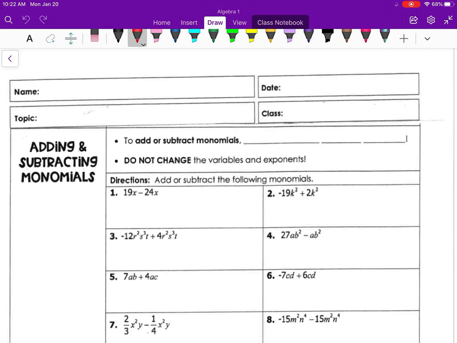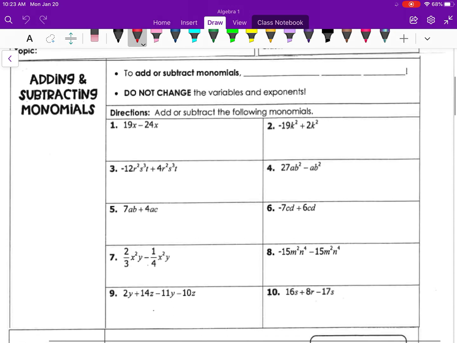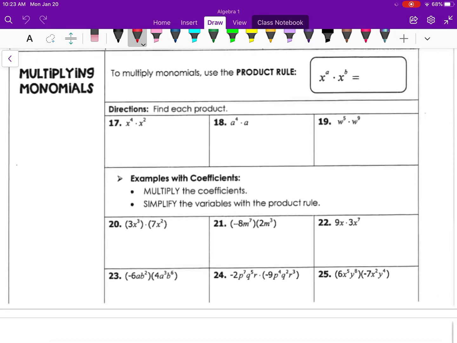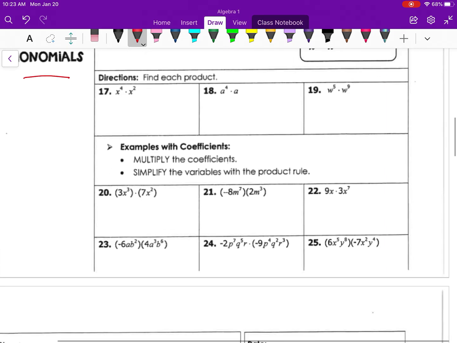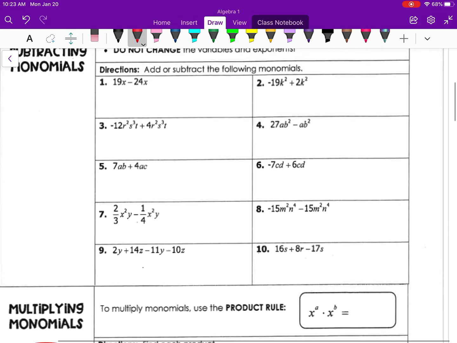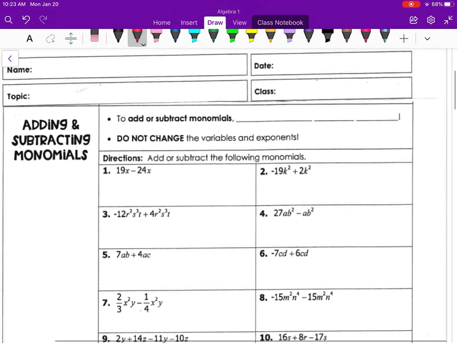All right, today we're talking about how to add and subtract monomials, and then we're going to do a little bit more with multiplying. The difficulty is just up a little bit, and then tomorrow we'll talk about dividing. But the main idea when you're adding or subtracting monomials is only add the